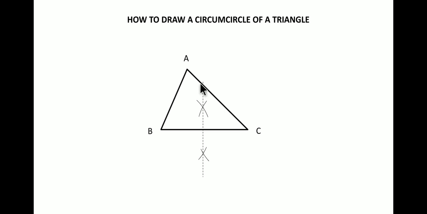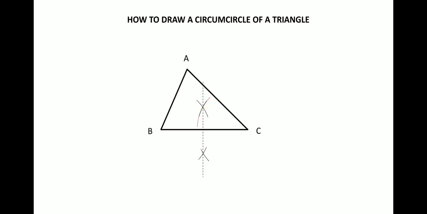All right, now it's time to bisect AC. So similarly, you take the compass now, keep it out here and draw an arc. This time I am using a different color. While you are doing the construction, you will be using the same pencil, it won't be of different colors, but make sure that you don't get confused with the points of intersection that are formed out there.